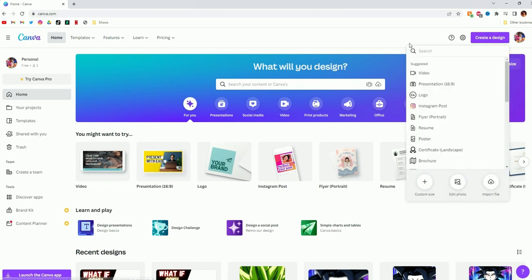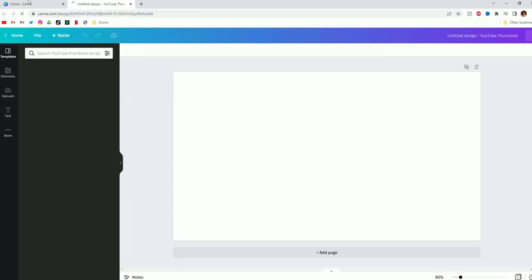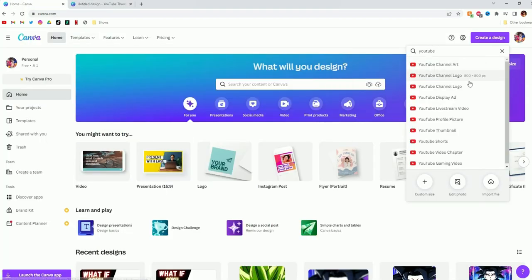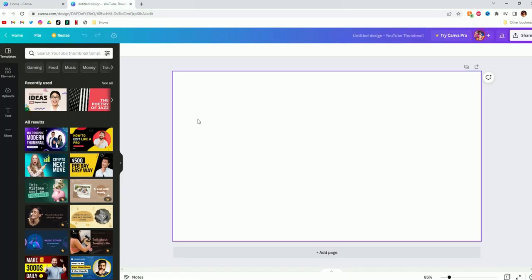Create a design, and you want to type in YouTube thumbnail. And once you type in YouTube thumbnail, the YouTube option will pop up for you. You can also make channel art, YouTube logo, ad display, all this. Canva is very helpful with all this stuff. You want to go to your design, and now you have an empty canvas where you can make the work